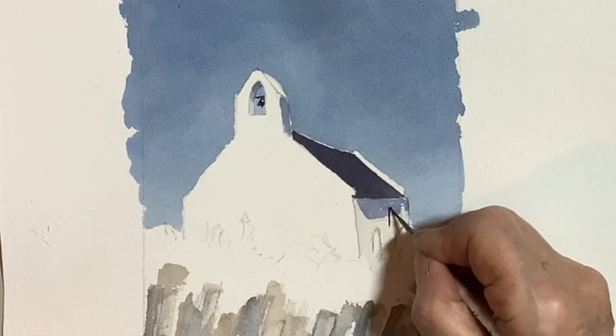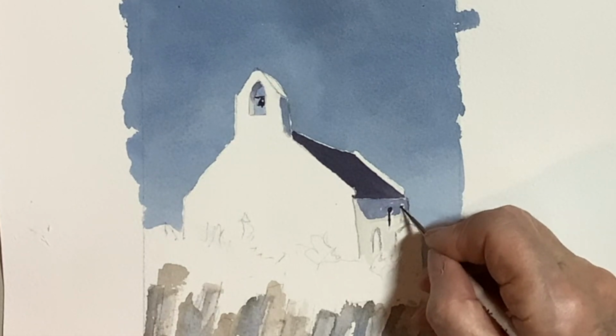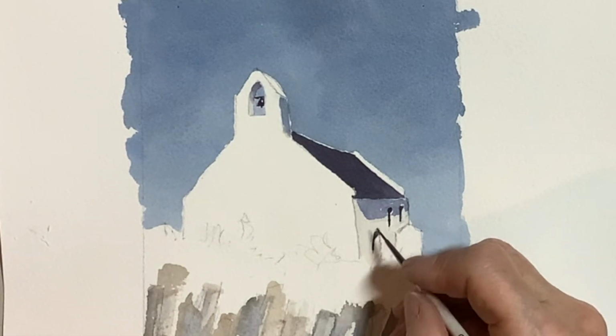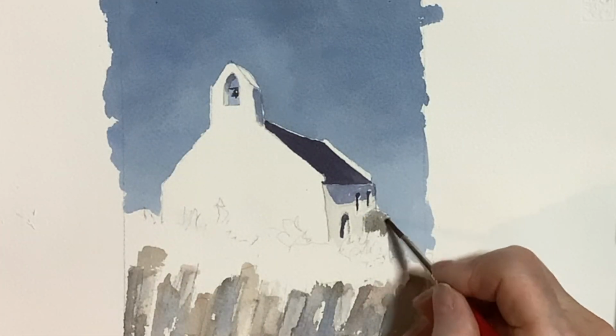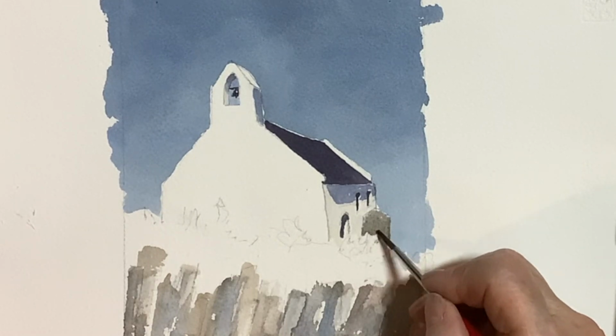With the same dark mix as I did the roof, I suggested the shadow side of the windows, a little line across the top and the shadow side down the left hand side, and similarly with the door. Once I'd finished the door, I wasn't that happy with that shape, and you'll see I adjusted it a little bit later on. And there was one gravestone there that you may want to miss out